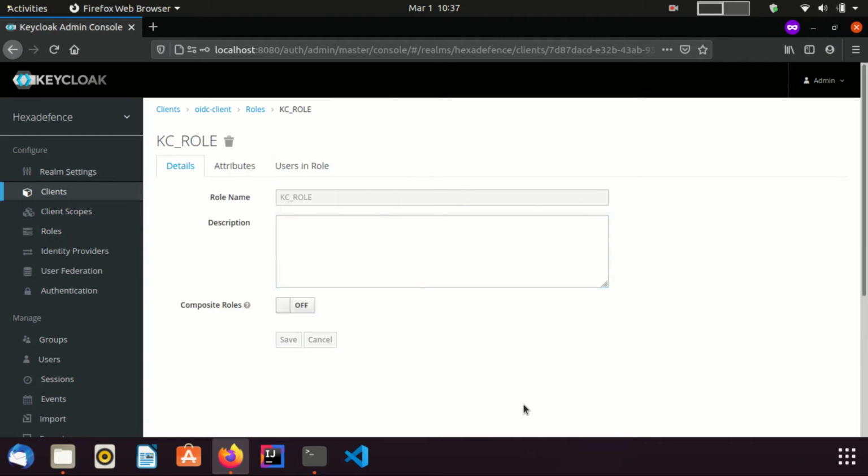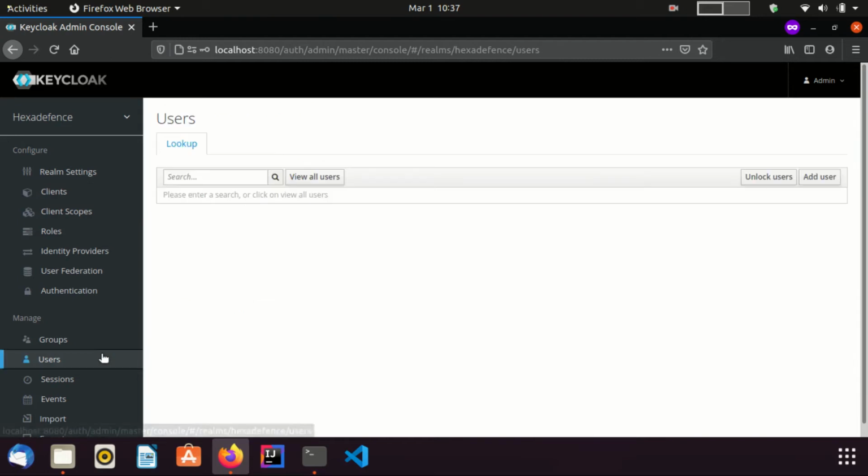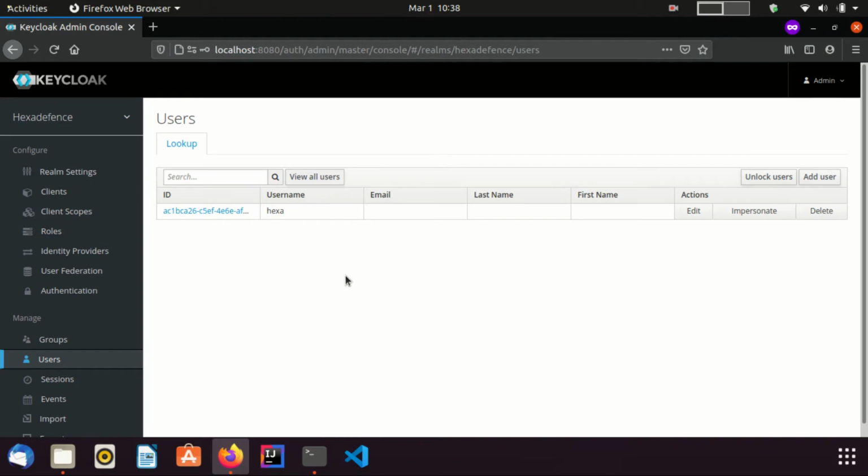Now I need to assign this role to a user. For that, I am visiting the users page. Click View All Users. Since I have already created a user named Hexa, I am not creating a new user. I assign the KC role to this Hexa user.